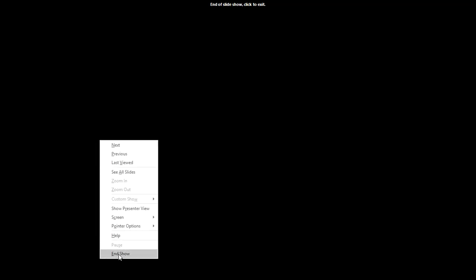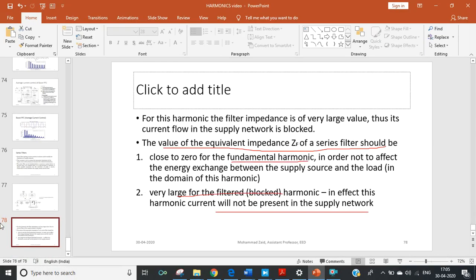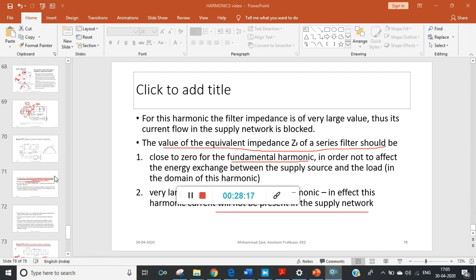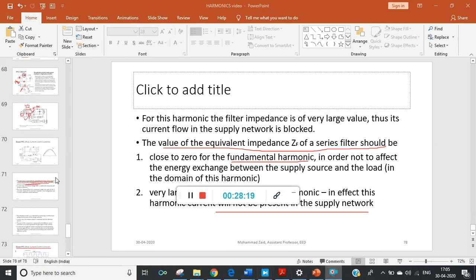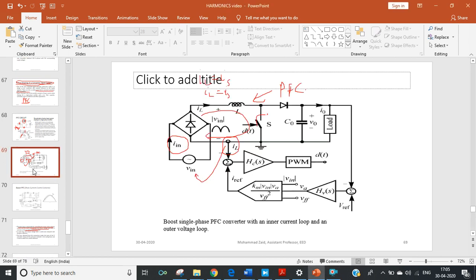सो दिस कंप्लीट्स योर हार्मोनिक्स यूनिट, and next time when we meet, we will have another chapter. So if you have any query regarding active filters and its operation, because I have covered it quickly, then you can always mail me, or can see the slides again and can search about this operation.